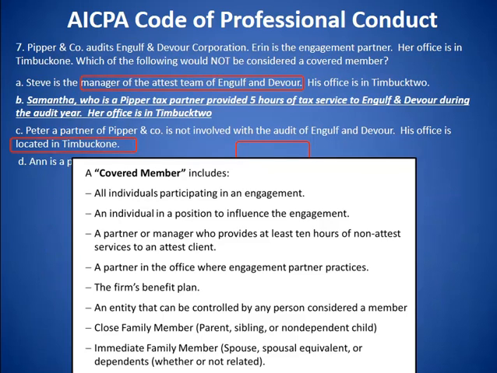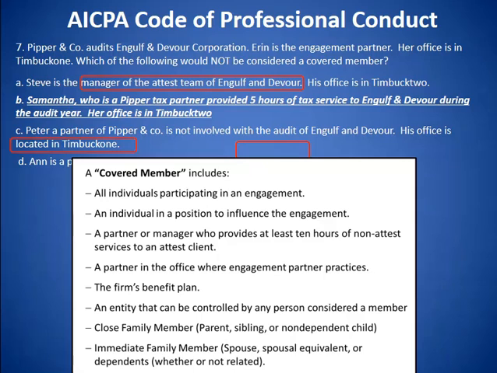Okay, number 7. Pipper and Company audits Engulf and Devour Corporation, and Aaron's the engagement partner on the audit. Her office is in Timbuk 1. Which of the following would not be considered a covered member? So let's go over the individual answers. Oh, by the way, the correct answer is B. Samantha, who is a Pipper tax partner, provided 5 hours of tax services. So let's understand why A, C, and D are